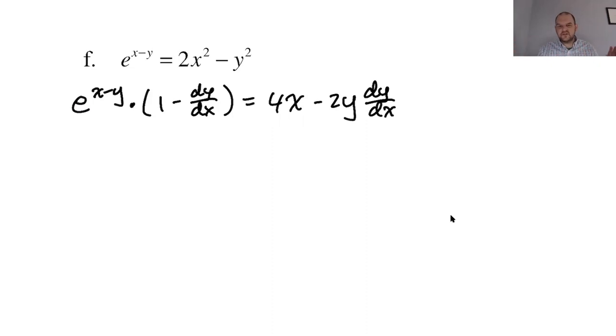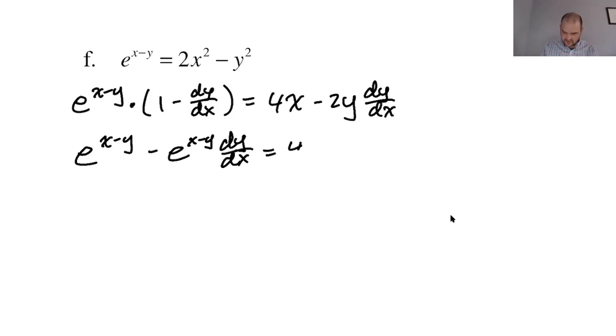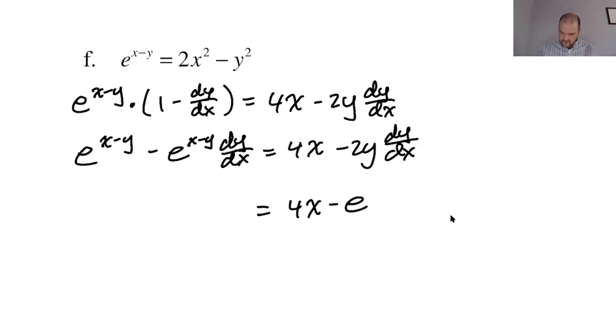I'm going to do the thing. I'm just going to distribute. I'm going to show more work than usual, because if you can show the work and not screw up, as opposed to not showing the work and screwing up, why choose that path in life? Just do the easier thing. All right, everything with a dy dx goes to the left. Everything without goes to the right. So on the right-hand side, I like to start on the right. I don't know why. Negative e to the x minus y. It's fine. I'm going to add 2y dy dx and put it in the front. So 2y dy dx minus